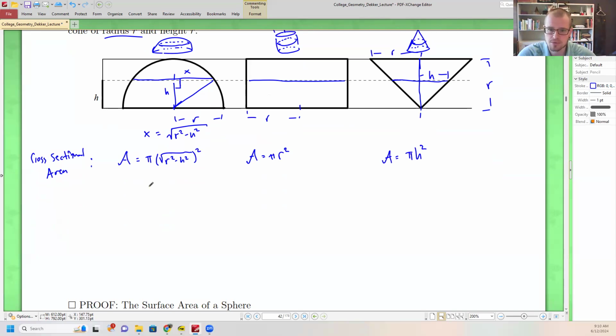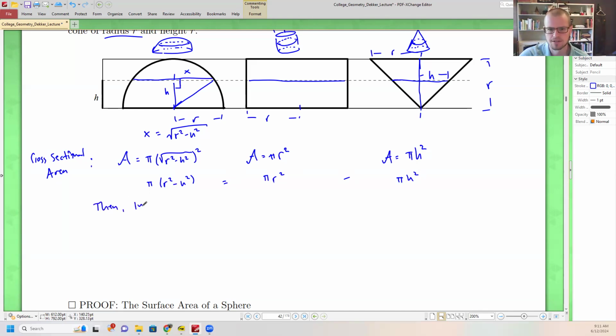Now notice here that we can express pi times r squared minus h squared as pi r squared minus pi h squared. We get this by, of course, distributing the pi into the parentheses. So we get this relationship between the cross-sectional areas. That's absolutely beautiful. Once we integrate,